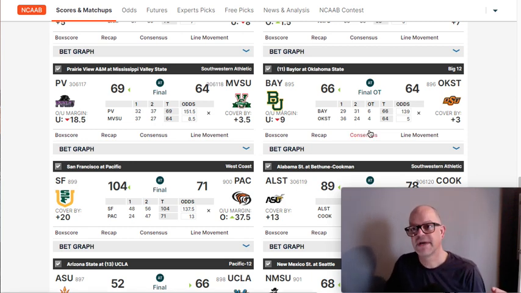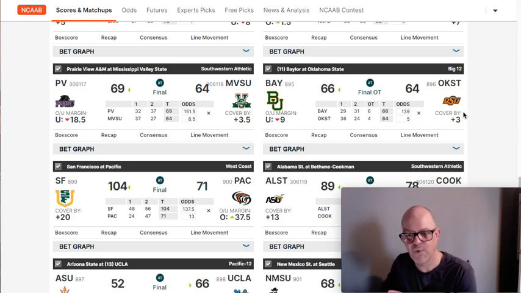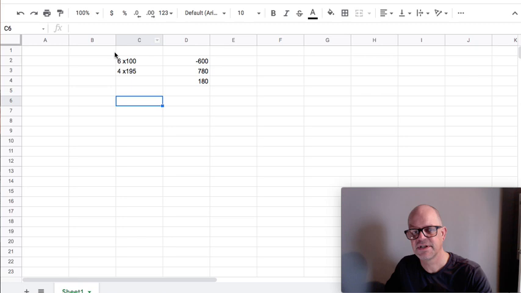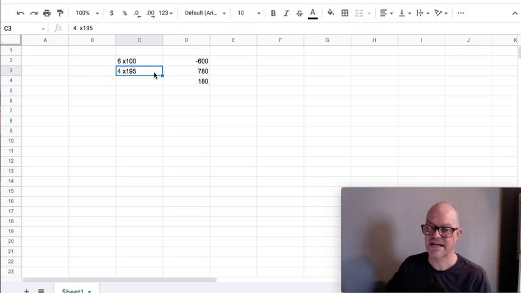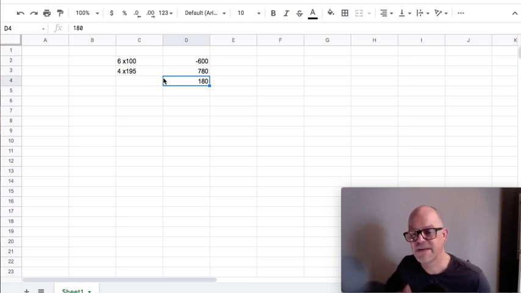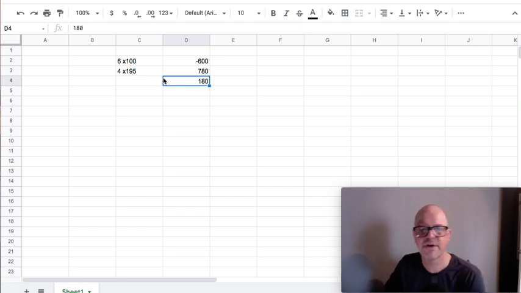But let's go a step further and give Baylor a slight advantage. Let's say in that hypothetical situation, Baylor will win 6 times, Oklahoma State will win 4. So we're going to play the money line all 10 games. We're going to lose 6 of those games, but we're going to win 4 of those. I've already made this spreadsheet, and you look here. Baylor wins 6 times, so we lose $600 if they play 10 times based on a $100 wager. But we're going to win 4 times. 4 times 195 is 780. So our profit is going to be 180 in that 10 game hypothetical scenario. So it's profitable long term.